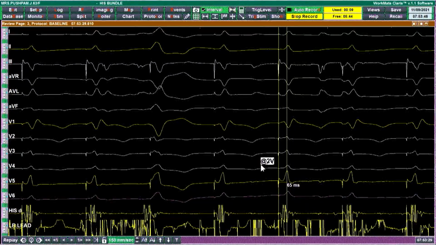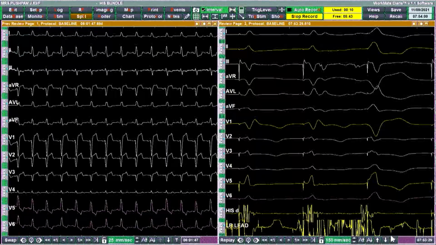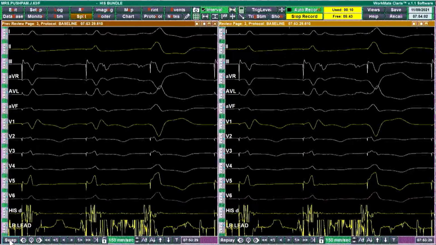and you can pull out the sheath. Sheath angio, please. So for the audience, if you see a difference in morphology between high output and low output, that means you are not exactly on the left bundle area. You are still probably 1 or 2 millimeters away from the left bundle area.